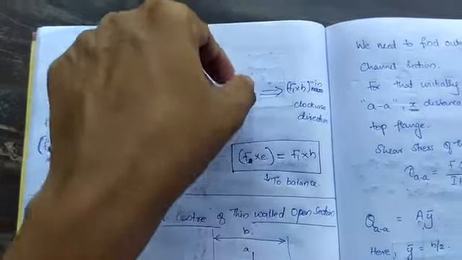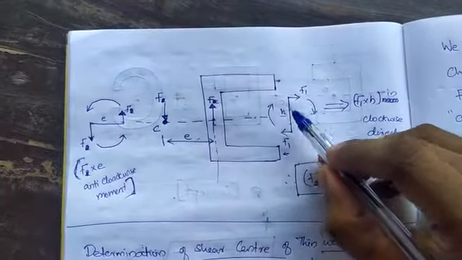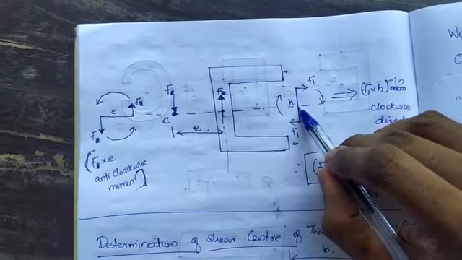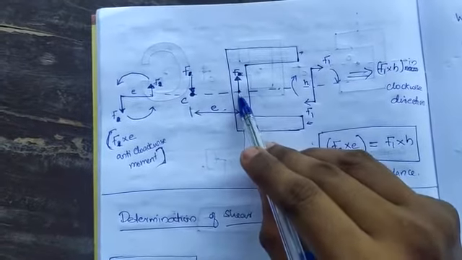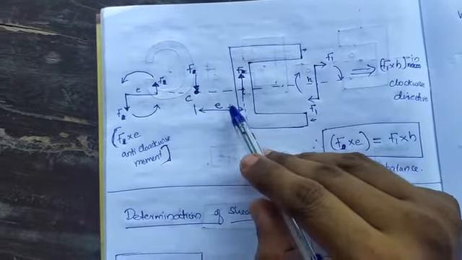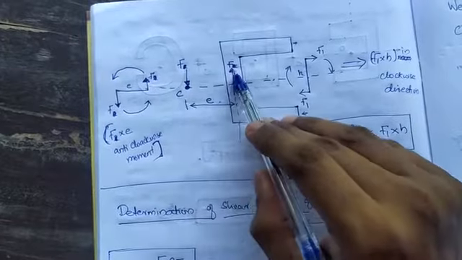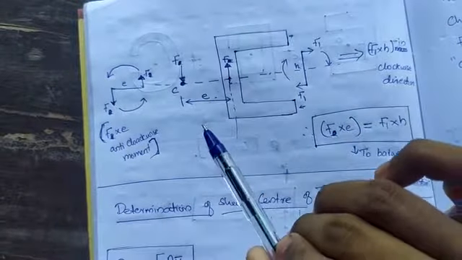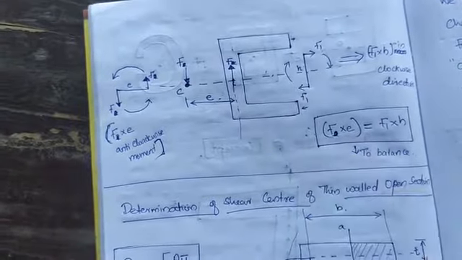Here you have an anti-clockwise moment, but this other moment is F1 into H. The value of this moment is F1 into H. But here, the distance from the shear center to this force is E. This is called eccentricity, such that this couple has a moment F into E. So in order to keep the system in equilibrium, F into E should be equal to F1 into H.